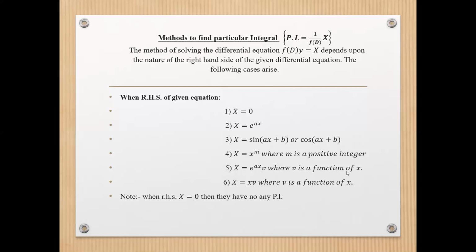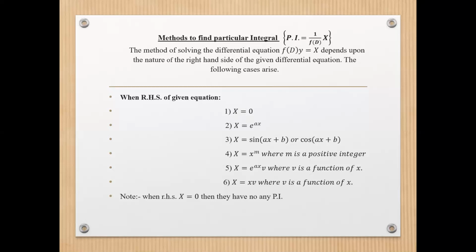where phi is a function of x only, and number 6, capital X is equal to x into phi, where phi is a function of x. Okay, now these are the 6 cases. Case number 1 we have already studied in the last lecture, because in all that example the right hand side is 0. So in that case there is no PI. We have to find only the complementary function, and the complementary function gives the required solution of the given